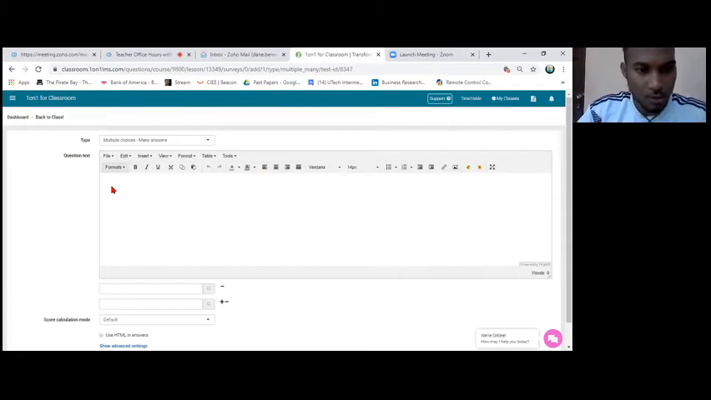So here's the question. You could say, which of these are organs of the body? Right? So remember the type of questions that we chose, multiple questions, many answers, right? So it's possible you could give more than one answer to that. So you could go kidney, one,